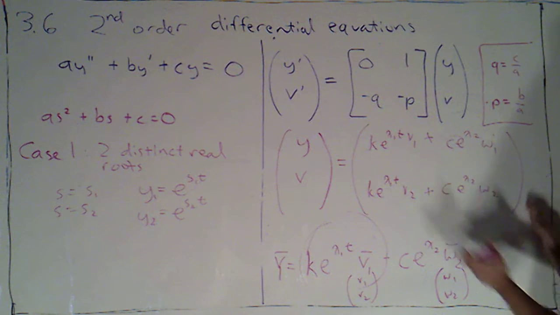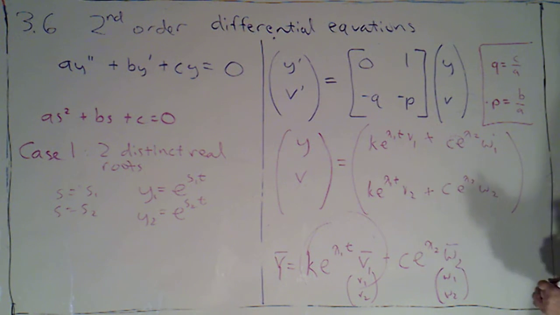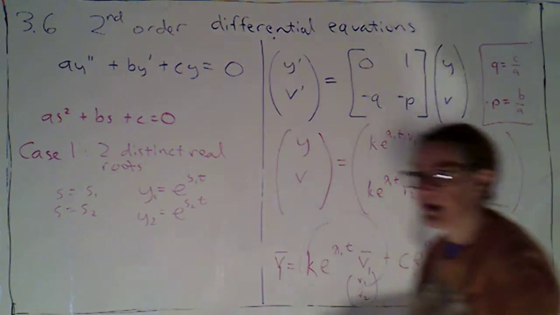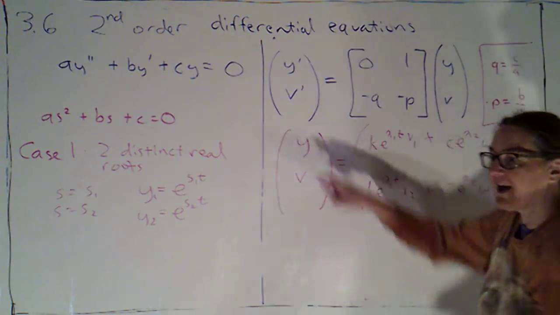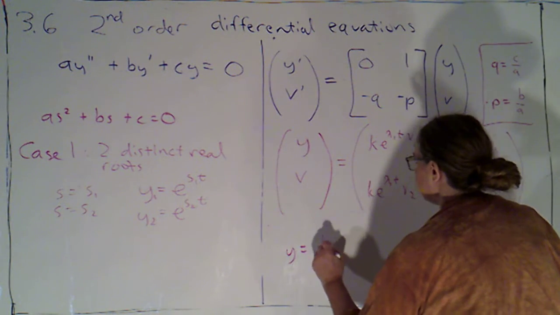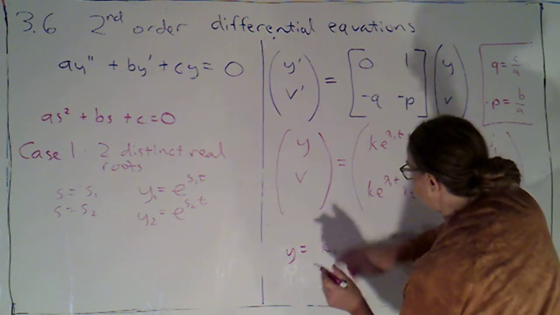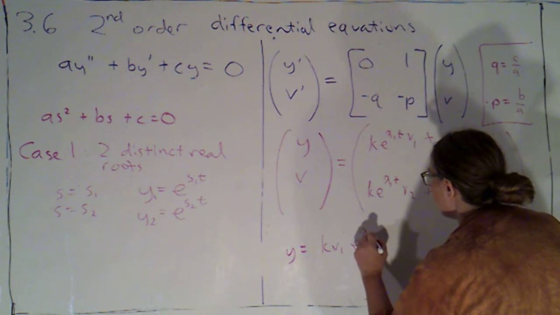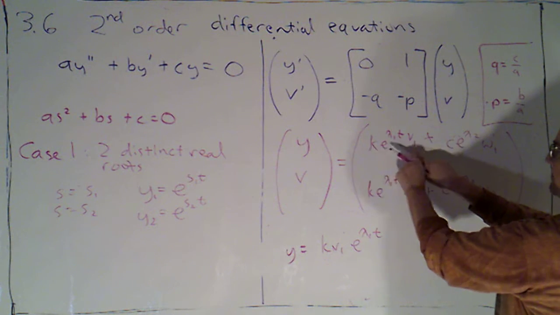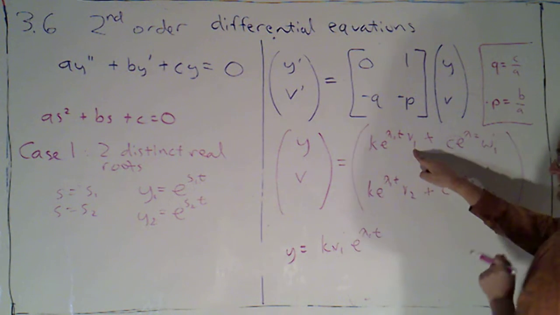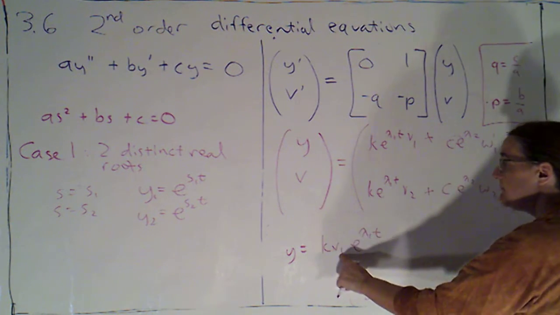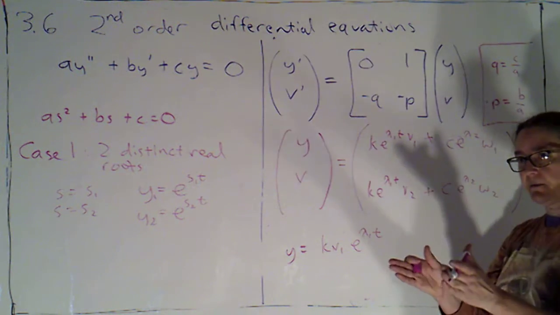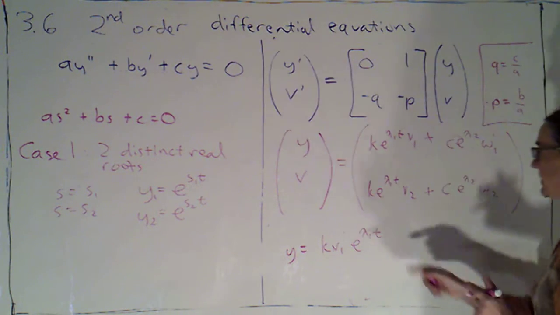Okay. So this is what my general solution is going to look like if I write it out in component form. Now, what that tells me is what my general solution for y is. It tells me that y is k v1 copies of e to the lambda 1 times t. All I did was combine the k and the v1, which are just my constants. Notice these are playing slightly different roles here. K is an arbitrary constant. V1 is representing a specific number. That's the first component of the eigenvector that I found. Okay. Plus